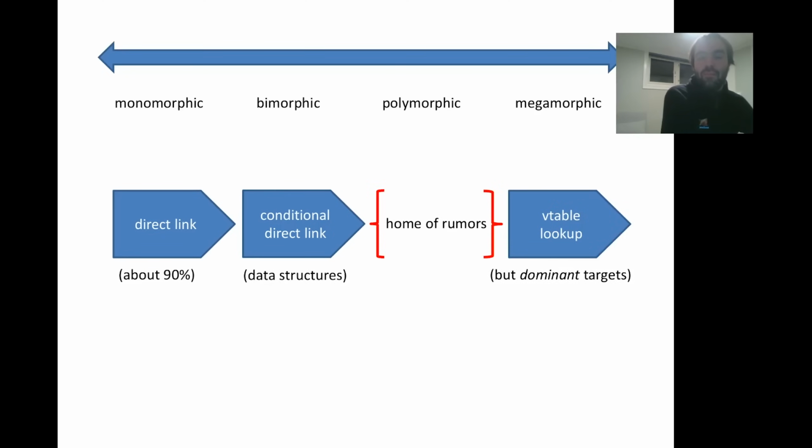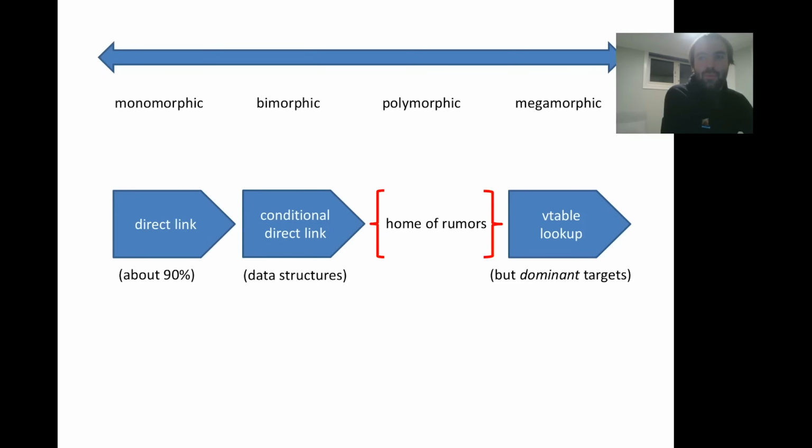Polymorphic means, in a way, megamorphic is also polymorphic. Bimorphic is of course also polymorphic. Everything that's not monomorphic is. But the JVM only knows a distinction between bimorphic and megamorphic. And with megamorphic, if you have a tight loop that needs to run performantly, then what you have to do, simple performance engineering on a JVM, is avoid megamorphism for call sites. So make sure that a call of a method on a variable always hits the same class. If you have more than two classes being discovered there,